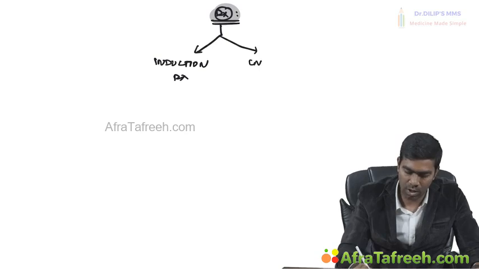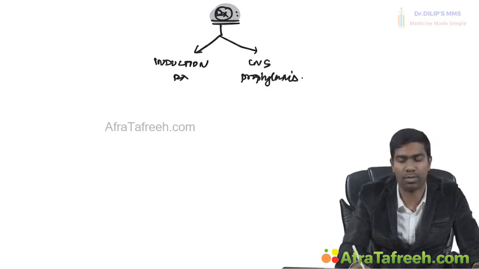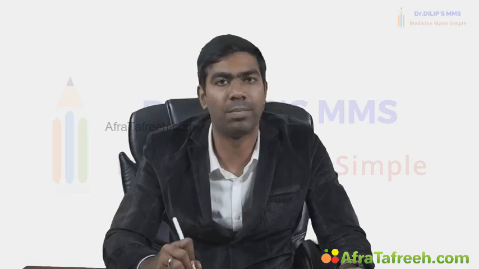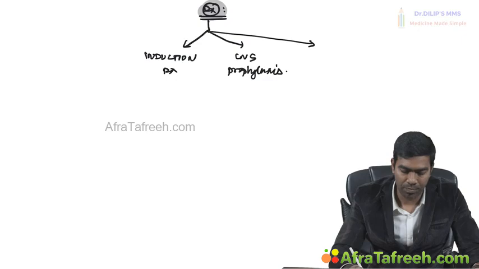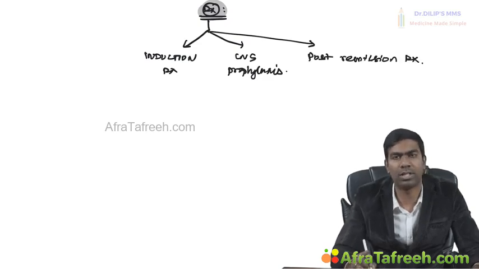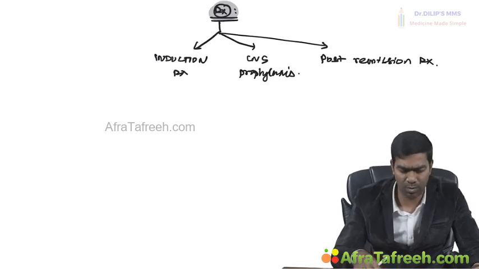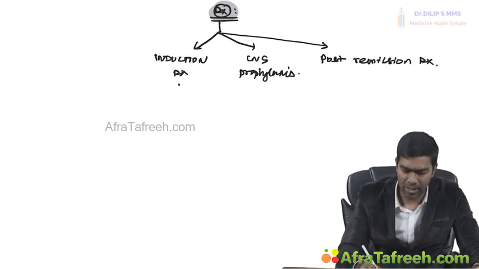Second, do not forget about CNS prophylaxis, because almost all ALL needs CNS prophylaxis. In ALL, the primary sanctuary site is the brain, and CSF seeding is extremely common. So CNS prophylaxis is very important from the ALL perspective, not for AML. And third, you have something called post-remission treatment, which is like consolidation therapy in AML. You can also call it consolidation therapy if you want, it doesn't matter. So, induction therapy.